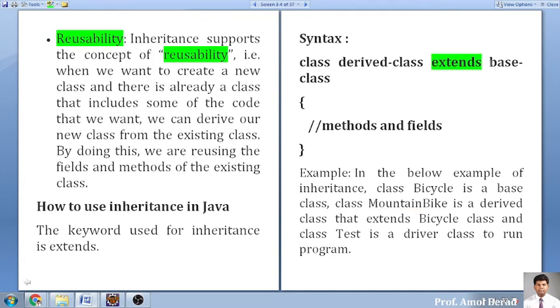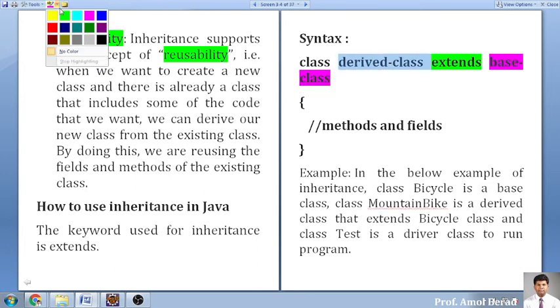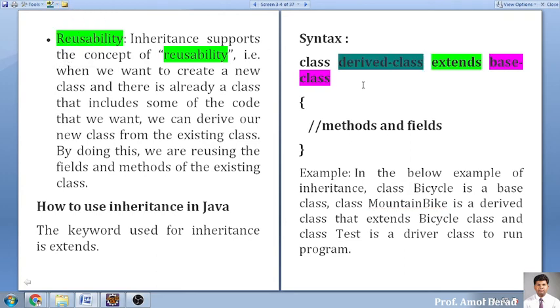On the right hand side is your parent class, and on the left hand side is your child class. So this is a child and this is a parent, and between them, to extract the base class features into the child class, we are using a keyword called extends.